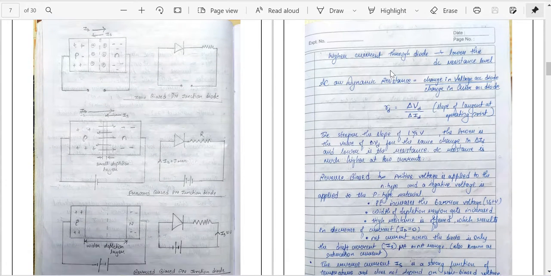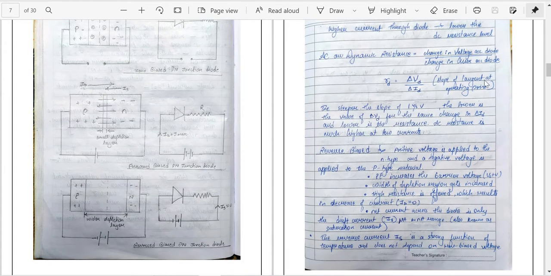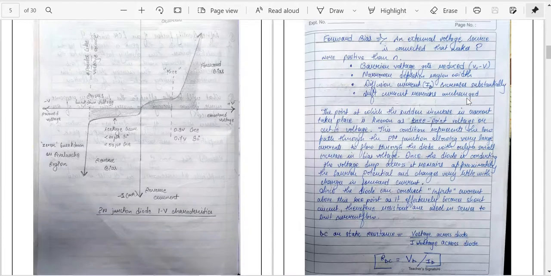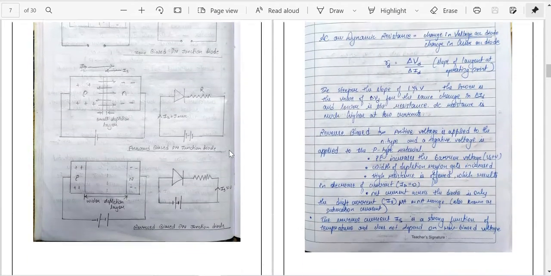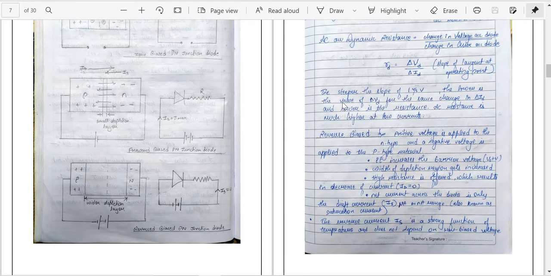Another term is the dynamic resistance. Dynamic resistance is the change in the voltage across the diode by the change in the current across it. It is basically calculated at the operating point; it is the slope at the operating point, we can say. For a lower value of current, or a lesser value of voltage, we will get a high dynamic resistance. But at a higher value of voltage, or a higher value of current, we will get less dynamic resistance, because the diode becomes conducting, which I have written over here.